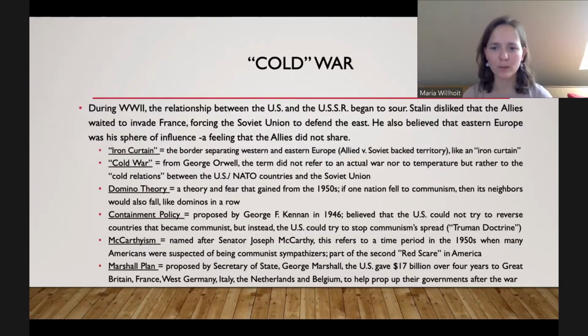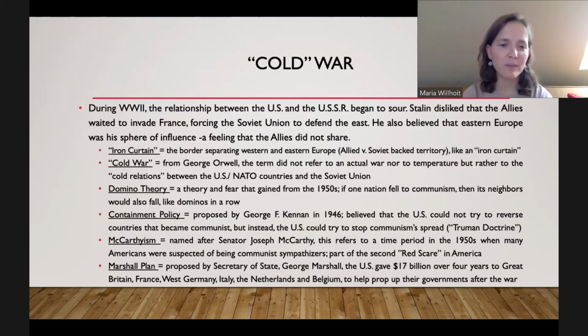And some of the famous terms and policies during the Cold War, starting in the 1950s, I'm just going to go over a little bit. I'm going to go also over the Cold War. I can't do all of it in this lecture because the Cold War spans up until the 1990s. So next lecture, I'll do the lecture by decades, and we'll study American culture and history, but we'll also study the Cold War through each decade with the Korean War, with the Vietnam War, up to Star Wars and Chernobyl even, and the end of the Cold War in the early 1990s. But here are the early policies of the Cold War in America.